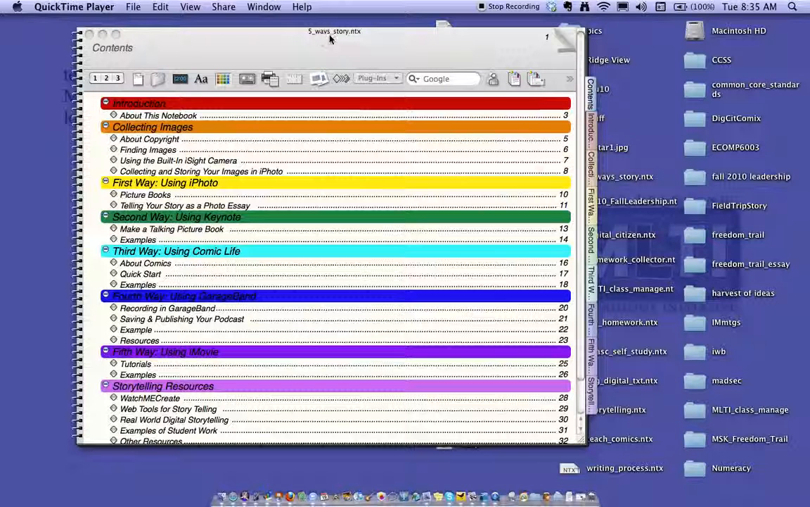It's called 5_ways_story. It's about 5 ways to tell a story. And I want to turn this into a web notebook so I can give it to people who don't have